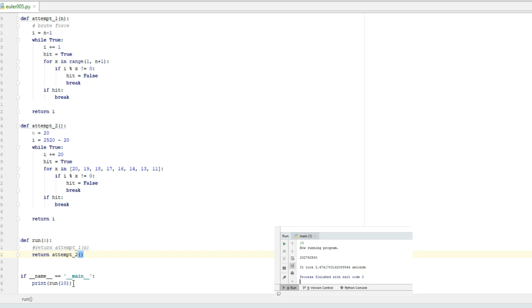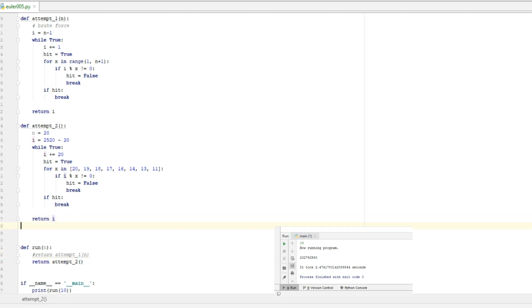But there is a way in which we can do this even better, and that's going to take some work, because we're going to look at problem number 3. And that has to do with prime factors. Turns out that divisibility and prime factors are very closely related. So we're going to set up a little